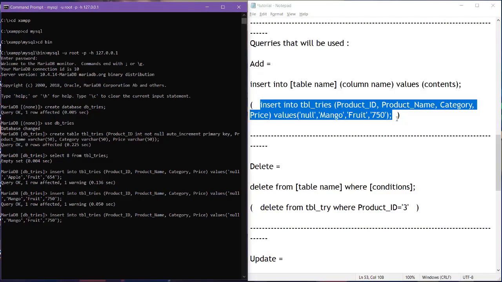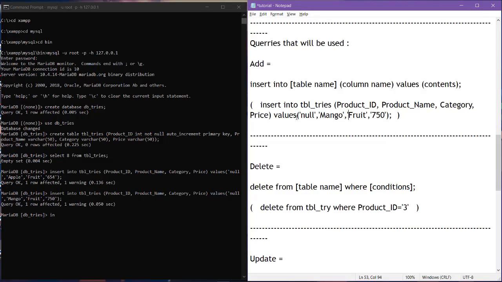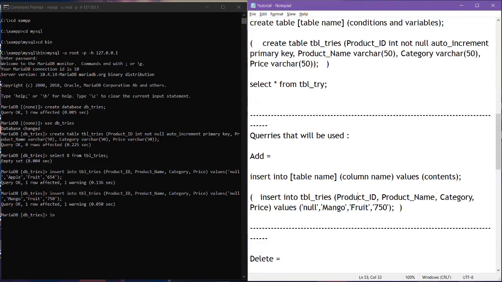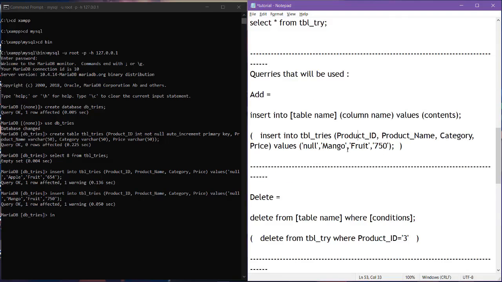Now let's try putting a vegetable. Okay, so you just need to edit the values here because those are the contents. You cannot edit this because those are the columns that is set when we created the table. Okay, so cabbage, so vegetable.